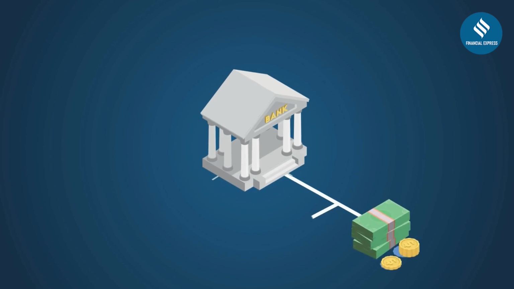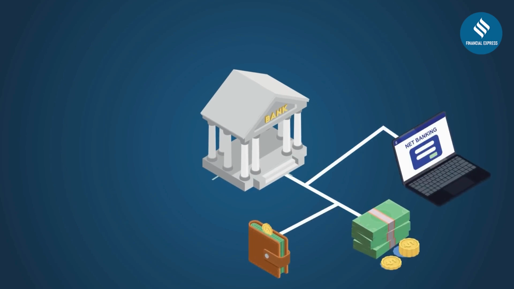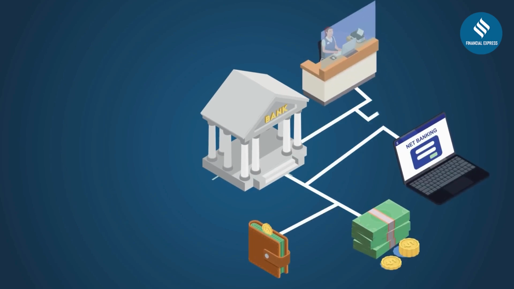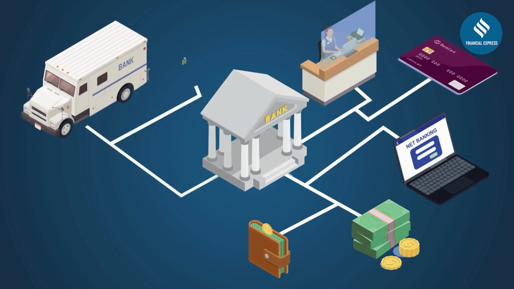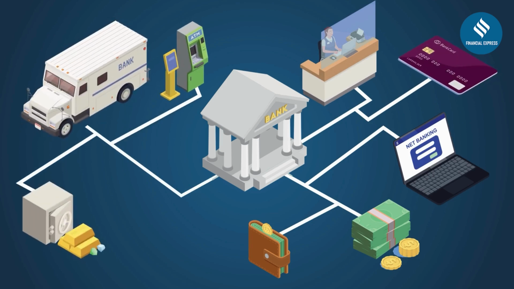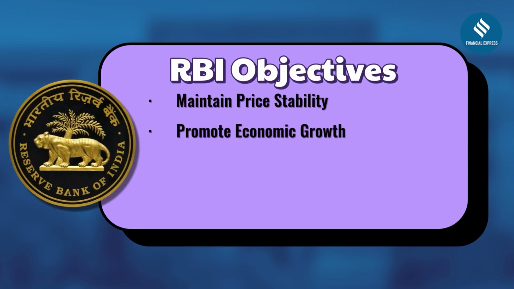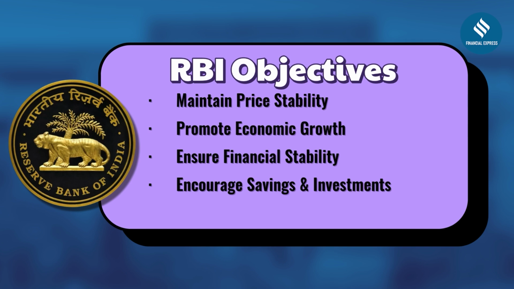And here's one for you. The RBI has to encourage savings and investments. If it pegs higher interest rates, you are likely to park your money in a fixed deposit. If the rates are lower, you are likely to invest your money somewhere else where you will get a higher return on your investment. You see this delicate balance now? That's what I'm talking about.